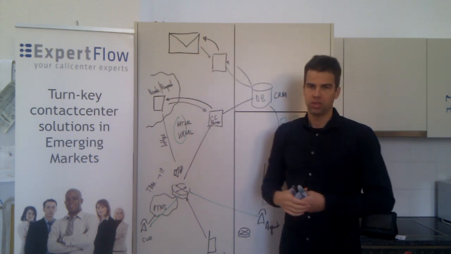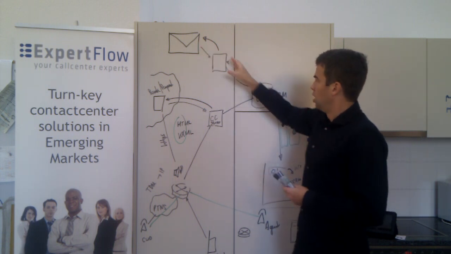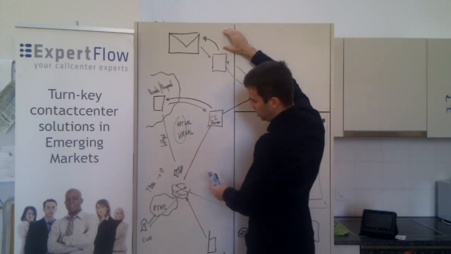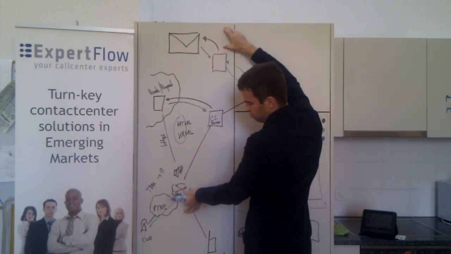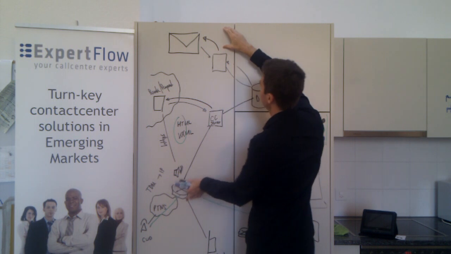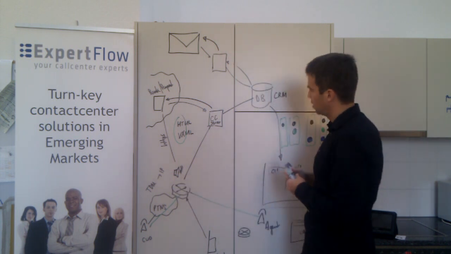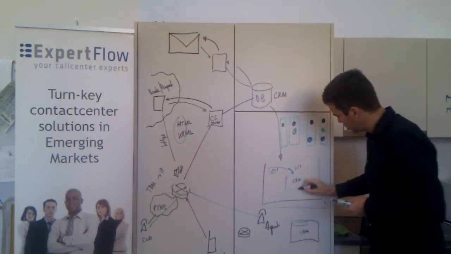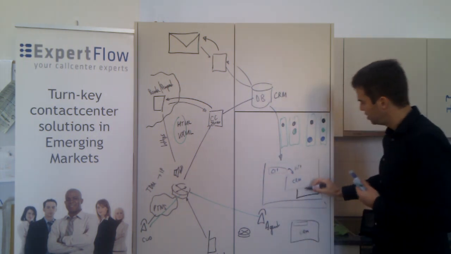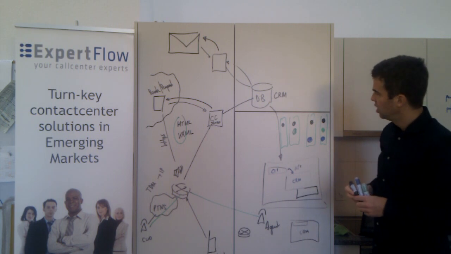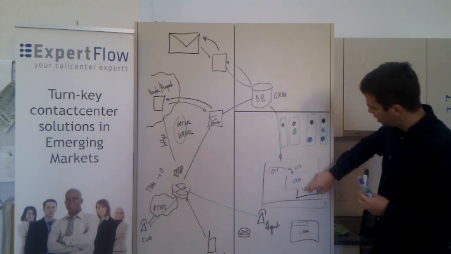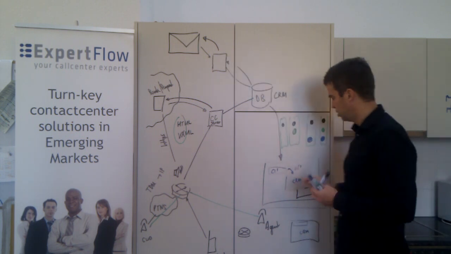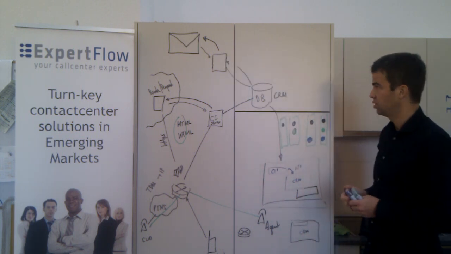So it's queuing here in the email inbox, just like the voice call will be queuing on the voice gateway. And as soon as an agent becomes available, this email is being forwarded to the agent into the email module of the CRM or into a dedicated email module. The agent then can respond to that email, which is then sent back to the sender. Now, the contact center is aware whether this agent is currently available to take the email or not, and